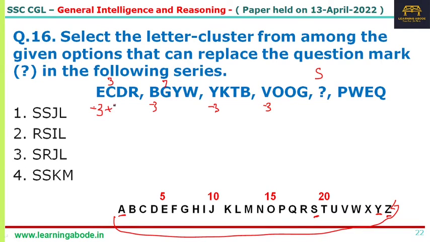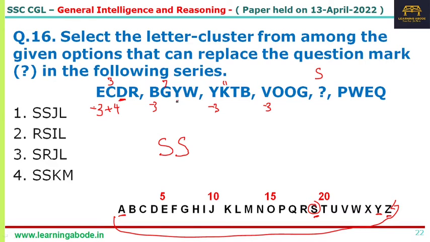So 3 plus 4 is 7, 7 plus 4 is 11, 11 is K, K plus 4 is 15, that's O, O plus 4 is 19. Now 19 is S. So the first letter is S, the second is also S, and as far as the third one is concerned,